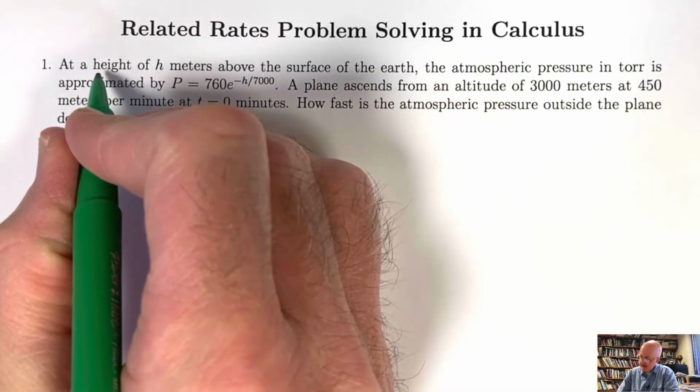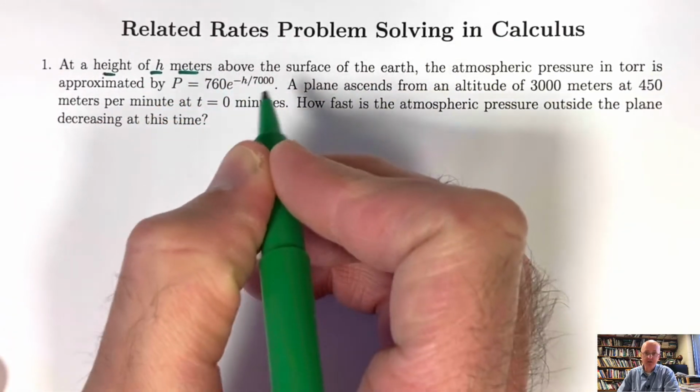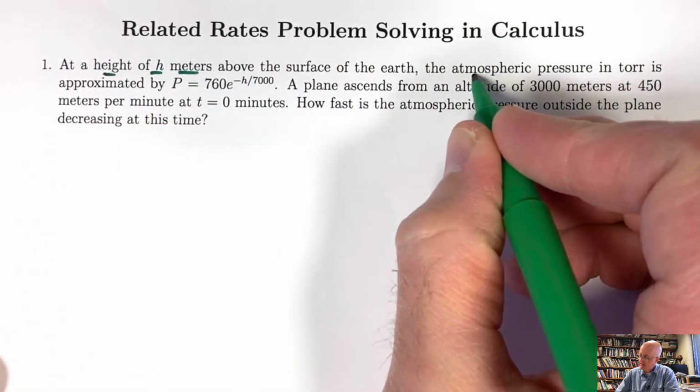Related rates is a subject in calculus that most students have difficulty with. However, you can improve with practice. Let's get some. Number 1 says, at a height of h meters above the surface of the Earth, the atmospheric